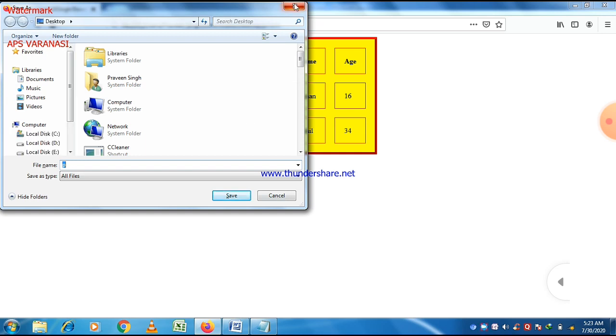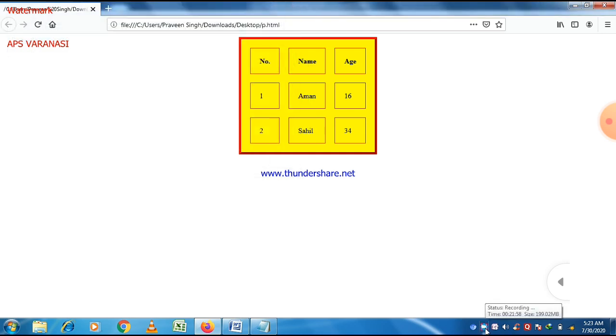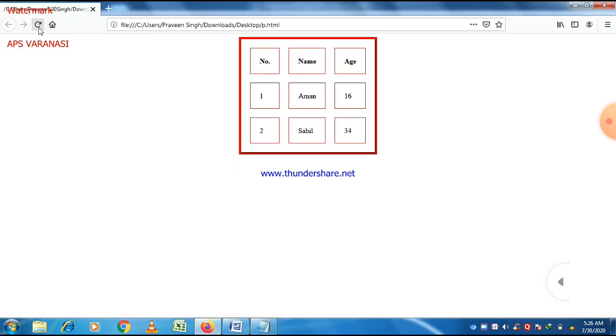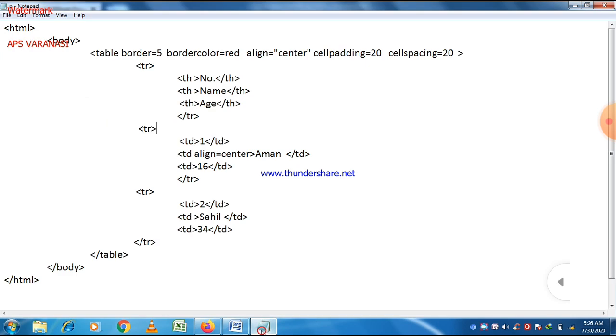These are two very important attributes which are asked so many number of times in our examination. And here we just remove bg color, and align is also removed here. Okay, let us save the program first and then refresh the page. This is our table now.